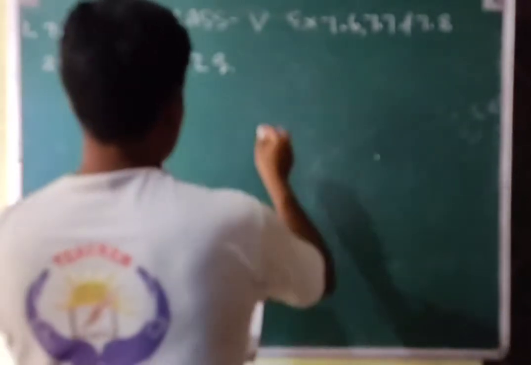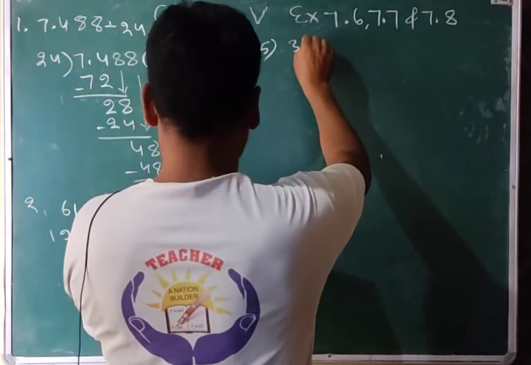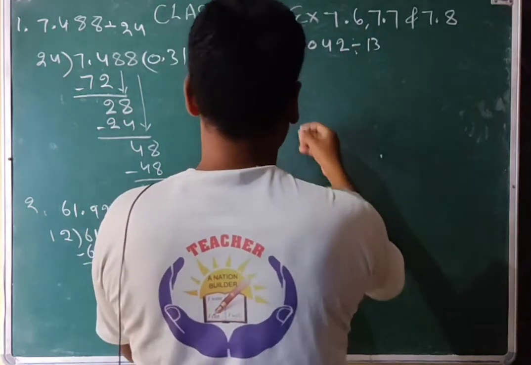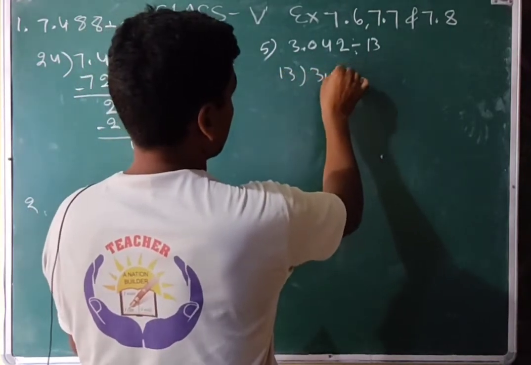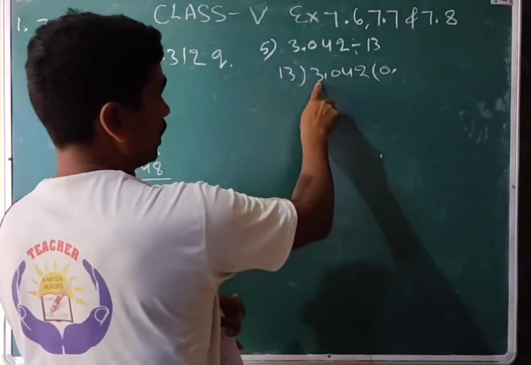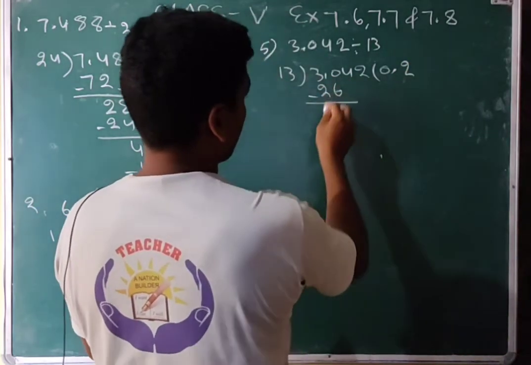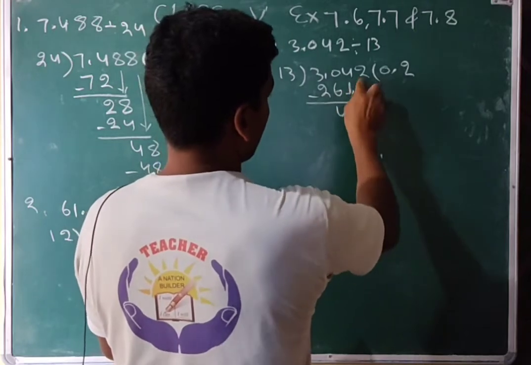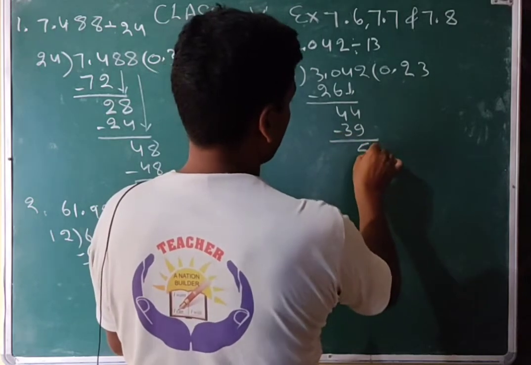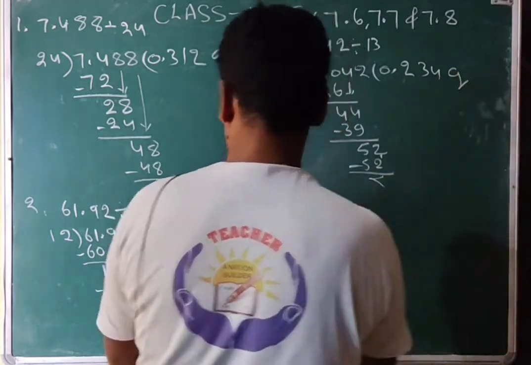That is the fifth part, the fifth question: 3.042 divided by 13. So 13 into 3.042, so 0 because the digit 3 we can't divide, we will take this one, so 2 ja 26, and then 4 is left, next digit is 4, and then 13 3 ja 39, and then left 13, 4 ja 52, and then left. So this is the quotient, right?